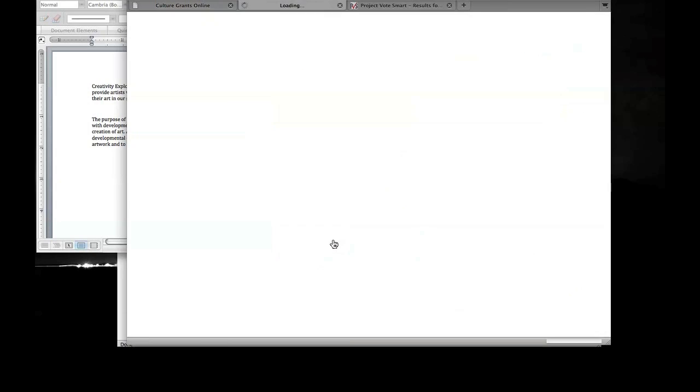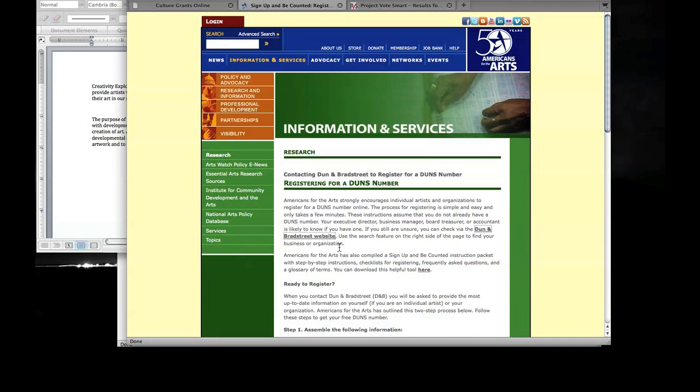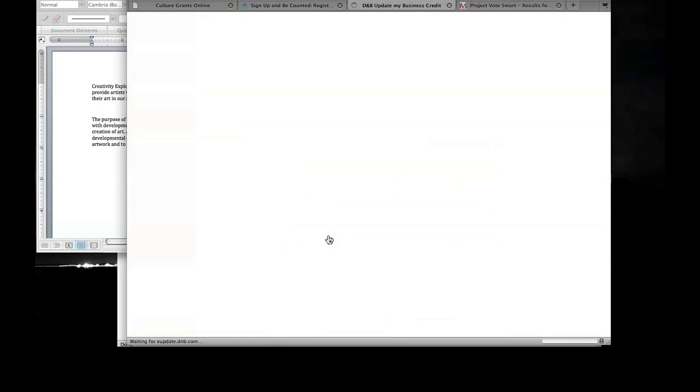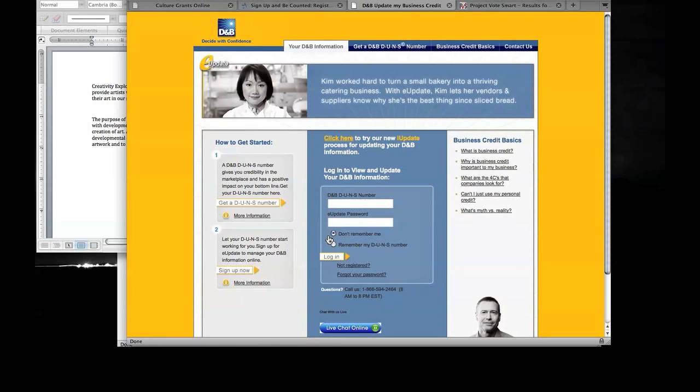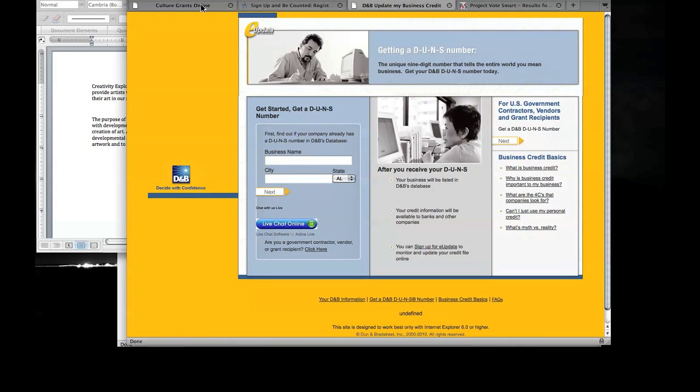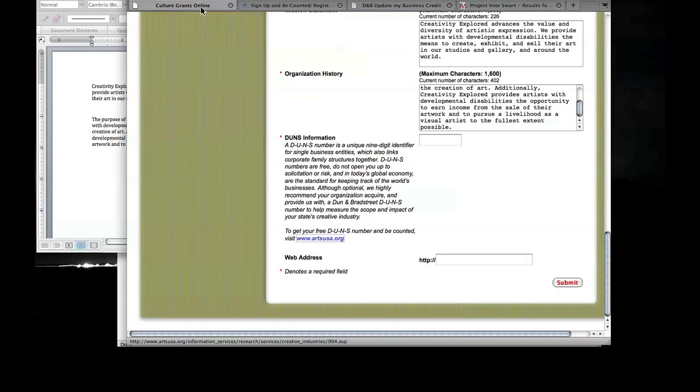Once on the Arts USA site, locate the link to Dun & Bradstreet. Note that you can obtain a DUNS number instantly and at no cost on the Dun & Bradstreet website. Click on Get a DUNS number and follow the instructions. When you've obtained one, go back to your Culture Grants Online profile, enter the number,